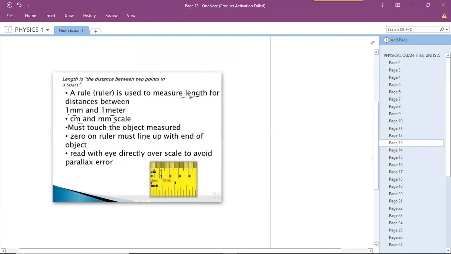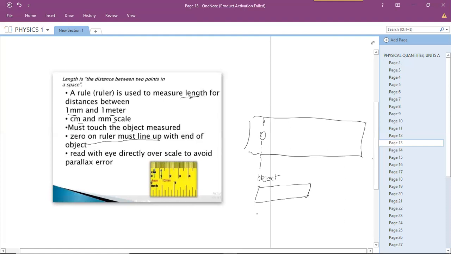So you place the ruler against the object being measured. Zero on the ruler must line up with the end of the object. So if you have a ruler like that, and you know that's the zero marking, this zero here has to be in line with the object. Whatever it is that you want to measure, maybe it's the length of a brick of some sort,